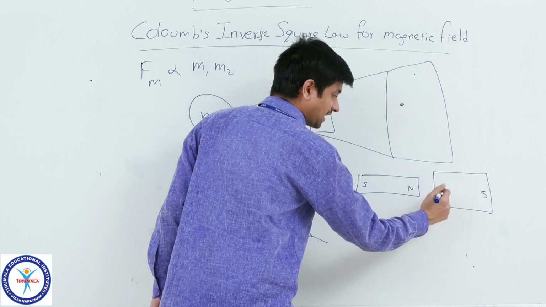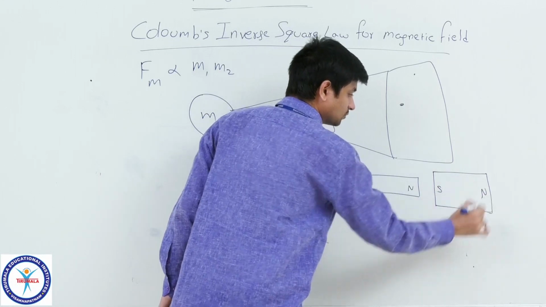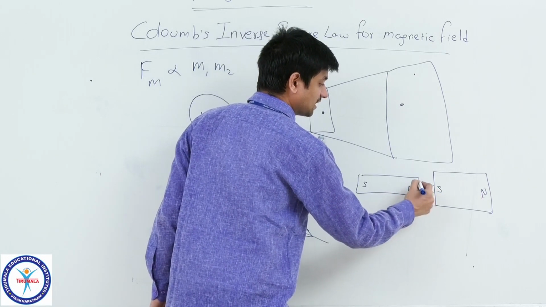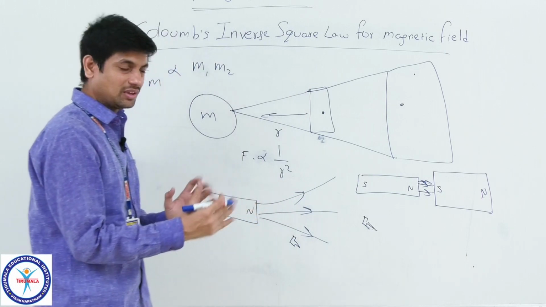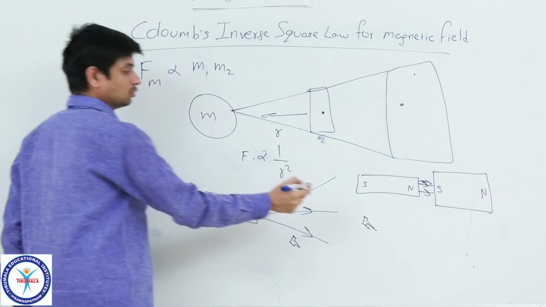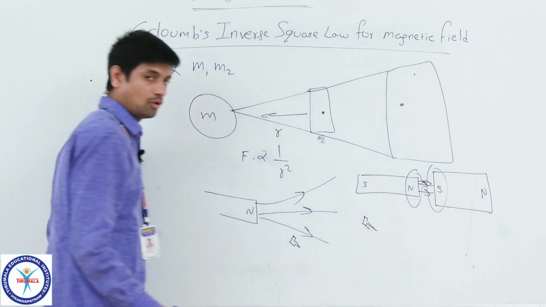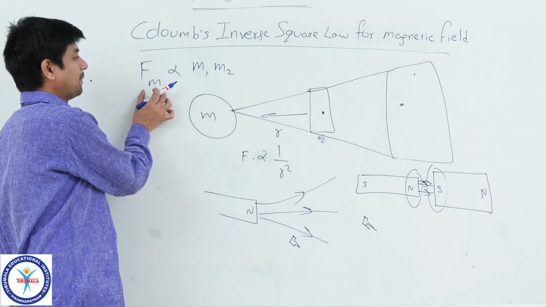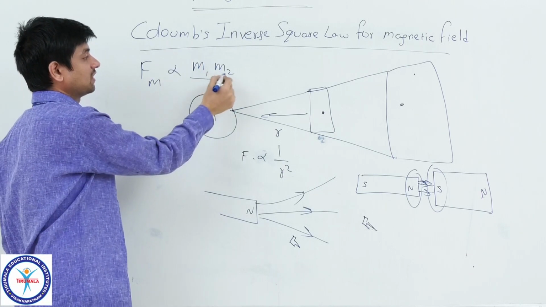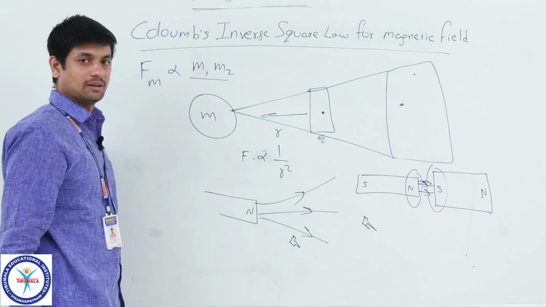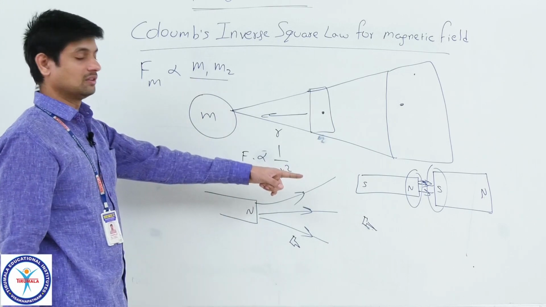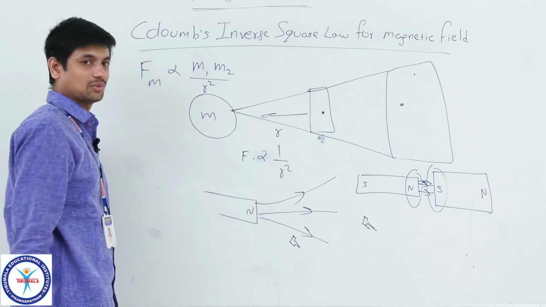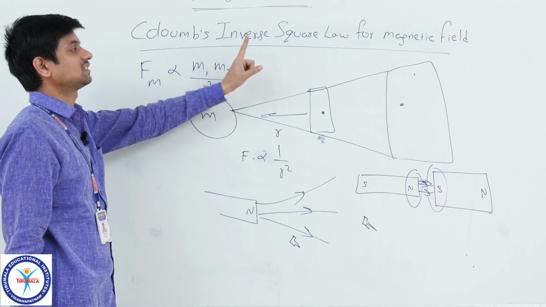Now I just changed that magnet orientation, this side south, this one north. So what will happen? They will be attracted because these lines are passing. The force between them is directly proportional to their pole strengths. What is that factor? After this one we will discuss. So magnetic force according to Coulomb is m1 m2 by, here m1 m2 means magnetic pole strengths of the bar magnet or any magnetic source, and it is inversely proportional to the square of the distance between them, because we are applying inverse square law.